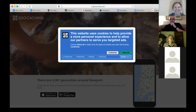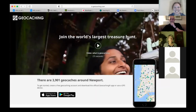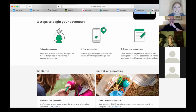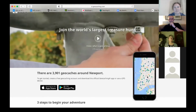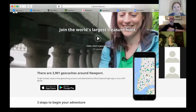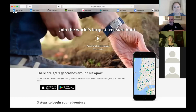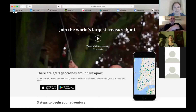I'm not quite sure what my password is, but that's the website. I don't know if it gives us access to the map without logging in. I haven't got my password to hand, but there's an example of it. It comes up on the phone, and there are loads and loads of them. The different colours are the different types. I think the green ones are the standard geocaches, and the earth caches have a different colour, and as Sarah has said, they're linked to what we